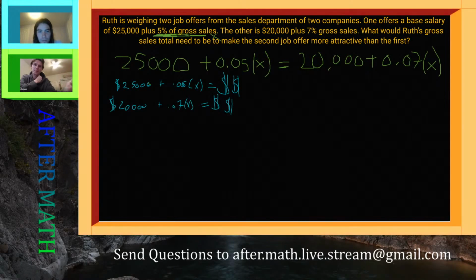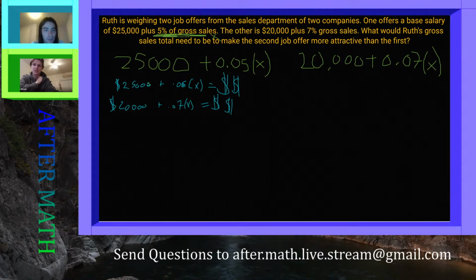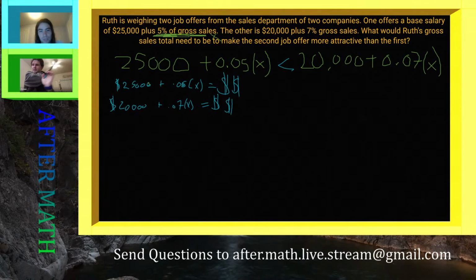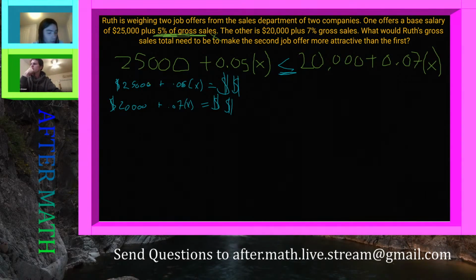What would gross total sales need to be to make the second job more? Well, I guess it would just be anything greater, so it doesn't have to be equal. So we should change this equal sign to a greater than? Yes, that works. I think that is a little more accurate, right? Because it's asking what would gross total sales need to be to make the second job offer more attractive than the first. Yes, I agree. And we could even throw in an equal sign, less than or equal to kind of deal there. Okay,